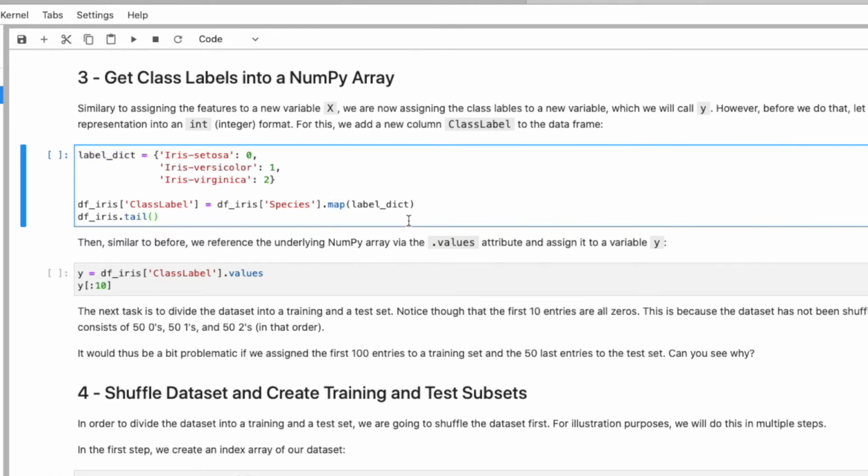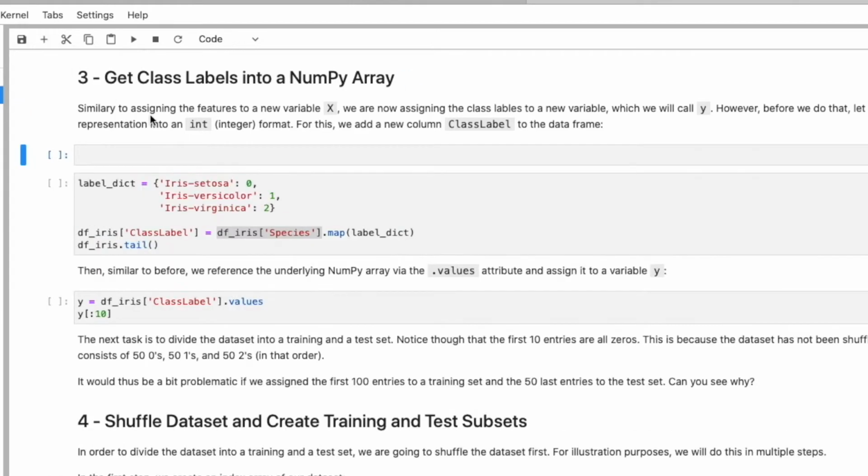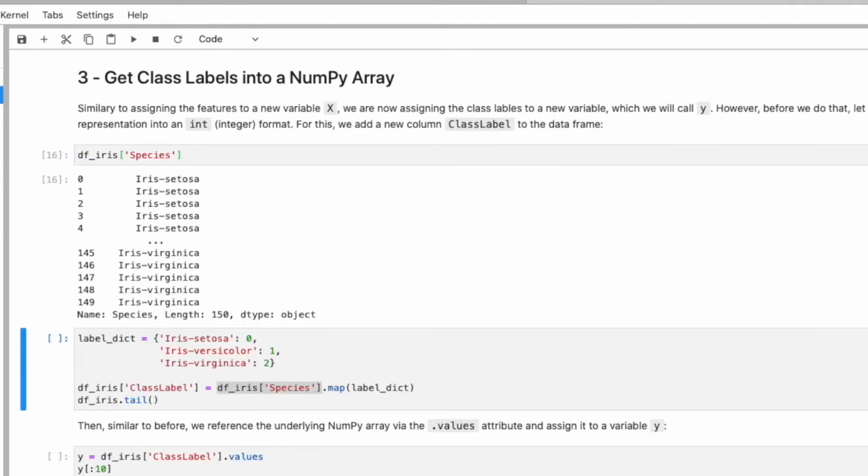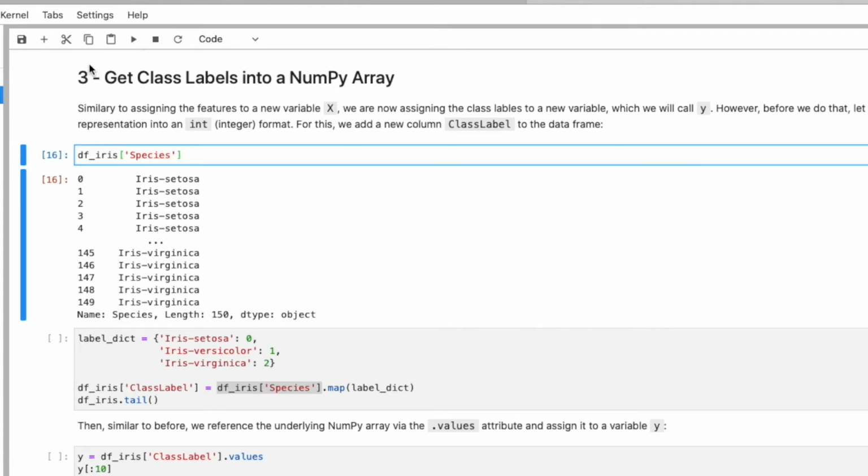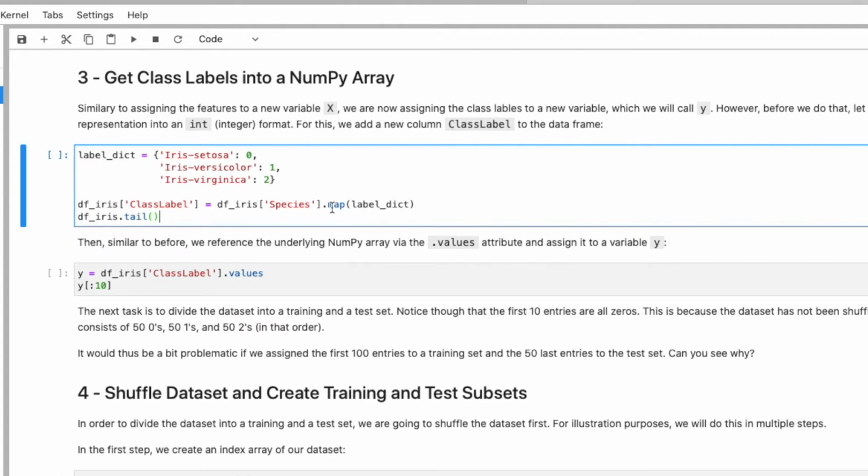So what I'm going to do now is I'm applying something to the species column. The species column is my class label column, just to show you how it looks again. It's just my class labels here, iris setosa until iris virginica. And I'm going to replace them. The map function will take, if it sees iris setosa, this string and convert it to a 0.